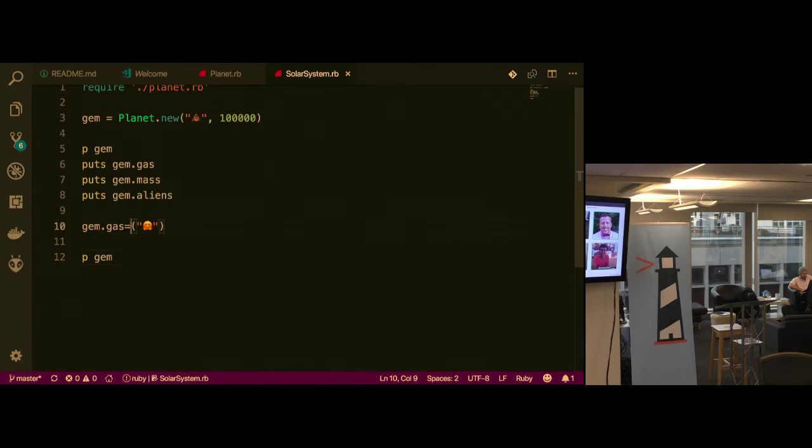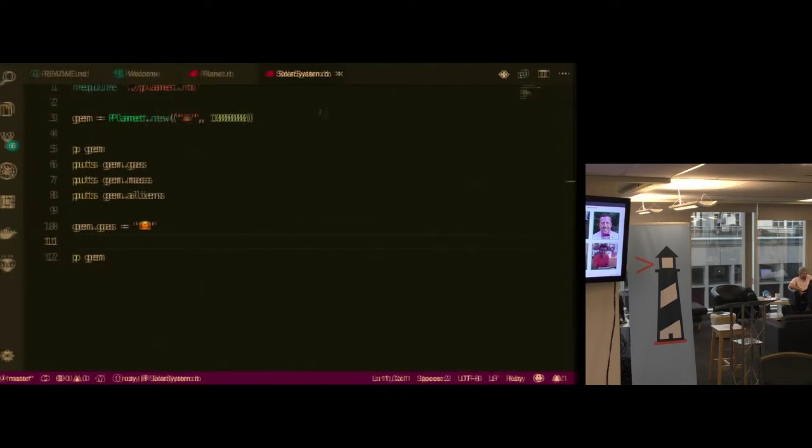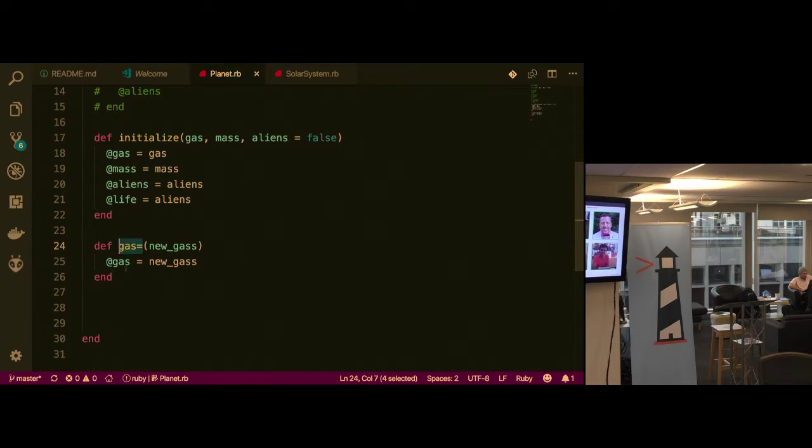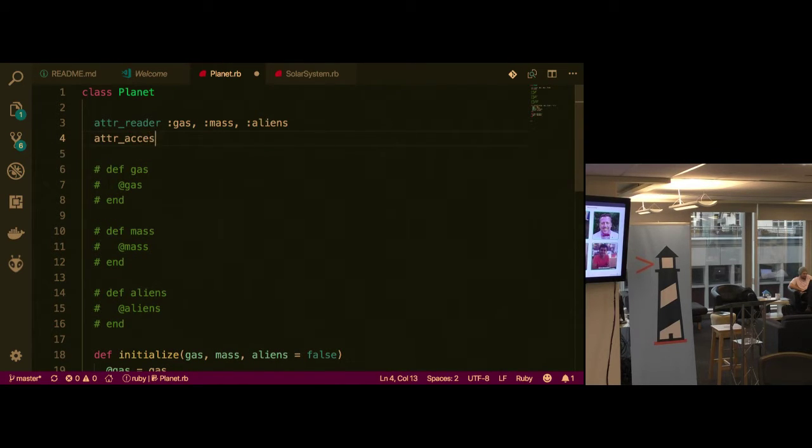Yeah, Ruby syntactic sugar, right? When we have the equal sign, among other things, we're allowed to do this kind of thing. So we can override or define a method that is gas equals, which will allow us to set gas to whatever we want. Cool. We could do that for every method in here, like this, or we can create an accessor, which would make it readable and writable.